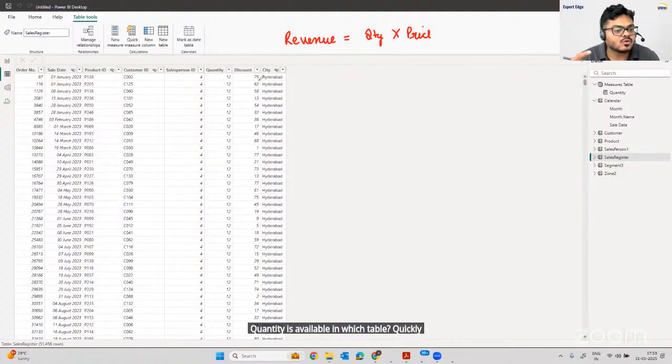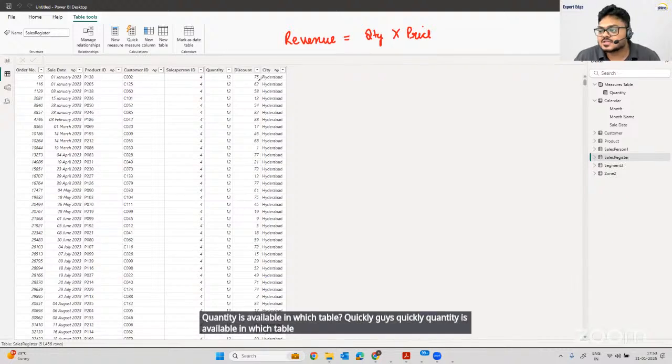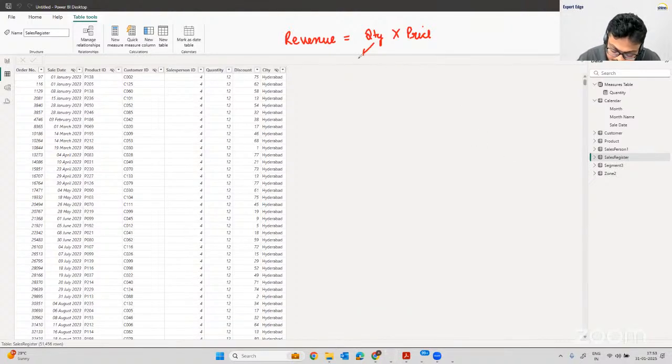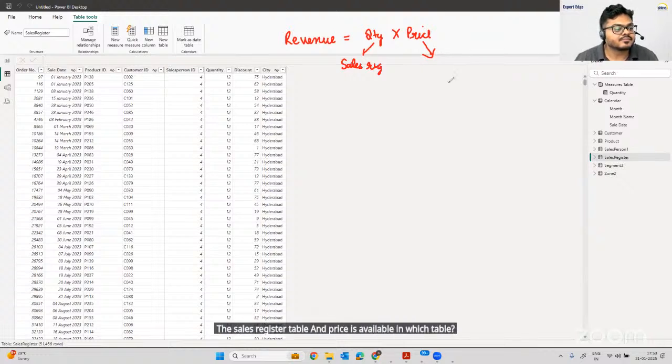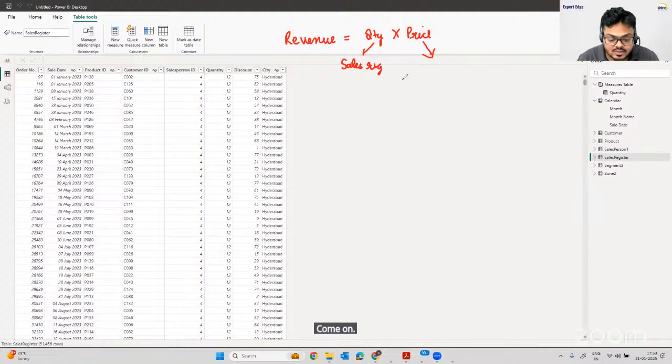Quickly, guys, quickly. Quantity is available in which table? Sales register table. So quantity is available in the sales register table. And price is available in which table? Come on, price is available in the product table,